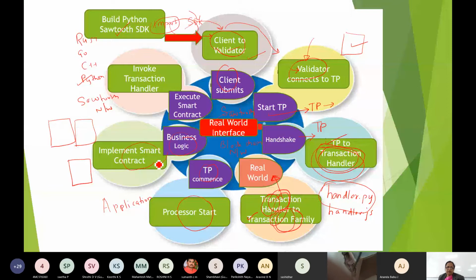Okay, that means for execution of the smart contract, you will need to invoke this transaction handler. That means you tap the door of the transaction handler, then the process will start.